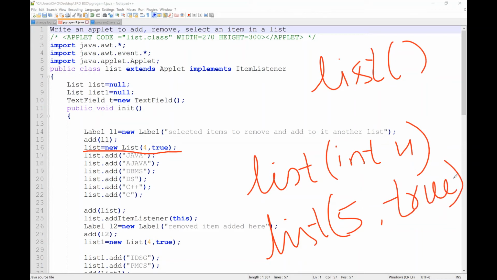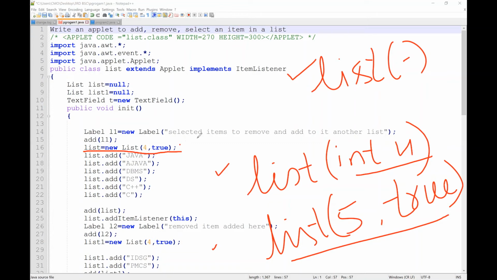Multiple choice means you can choose many options from one list and place them in another list. So the first is without any parameter, the second is with 1 parameter, and the third is with 2 parameters.